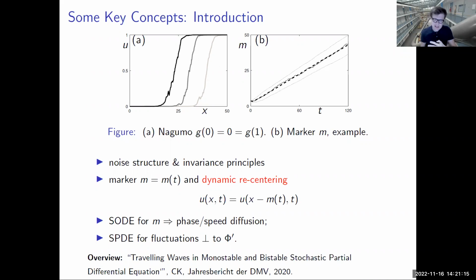And then you prove that there's another direction, a direction that's perpendicular in a suitable function space to the derivative of the wave profile with respect to the traveling wave variable, which is basically the direction along the wave, the translating direction, the symmetry that comes with the translating symmetry of the waves, transversal or orthogonal to that. There is a direction which is an infinite dimensional system that captures the fluctuations that are happening away from the translating direction. That's the big picture of how you track these waves.